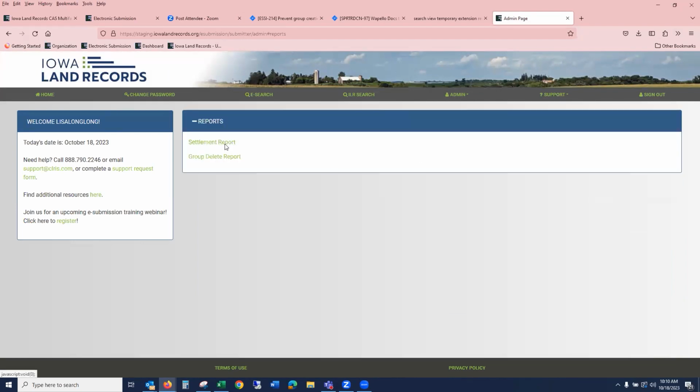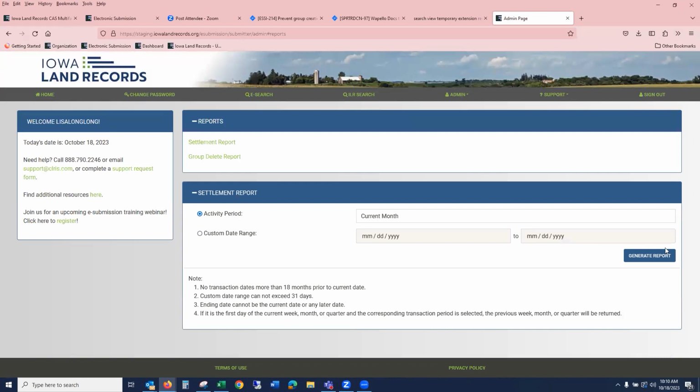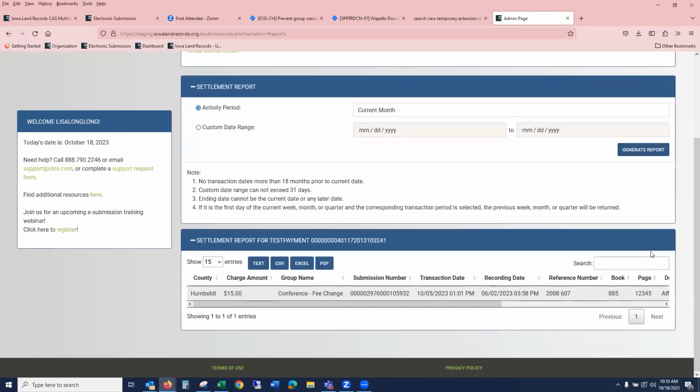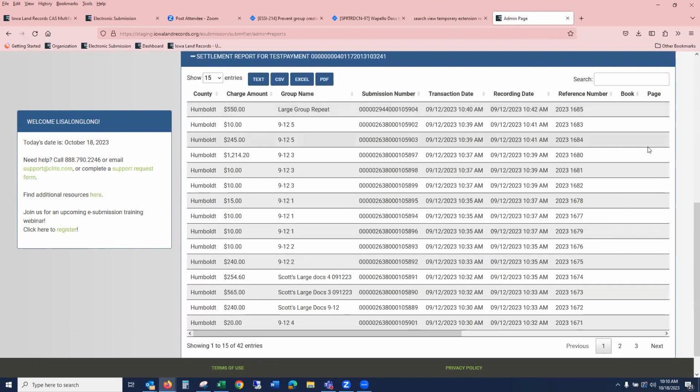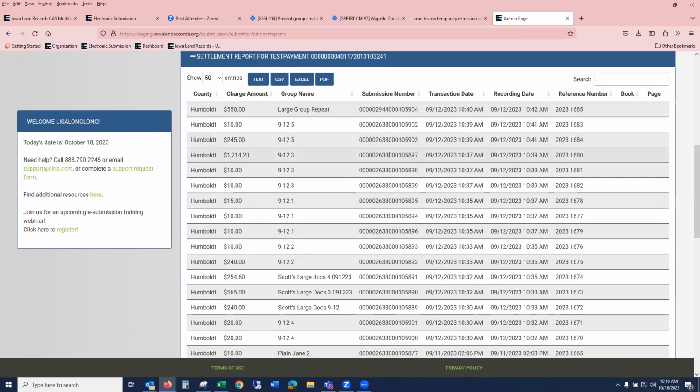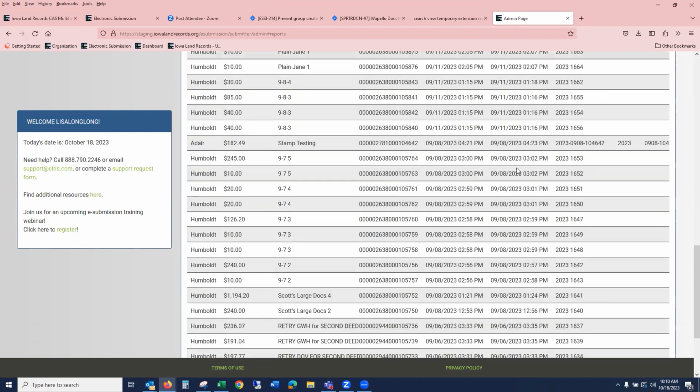It's a really great report that generates quickly. I'm going to do it for the current month, and we've only had 1 document recorded, so let's do September. So we had 42 documents recorded. You can change the number of entries that display. Everything is sortable, and